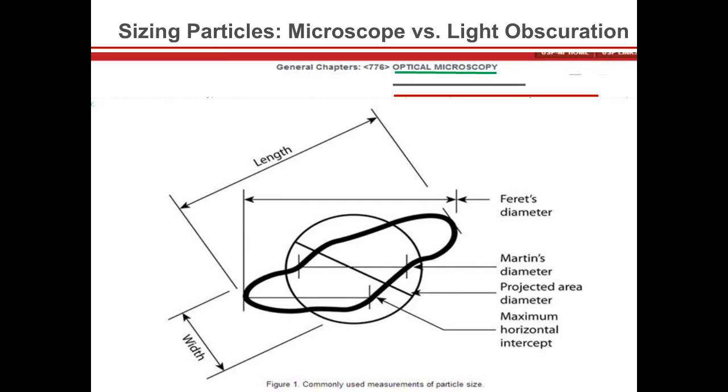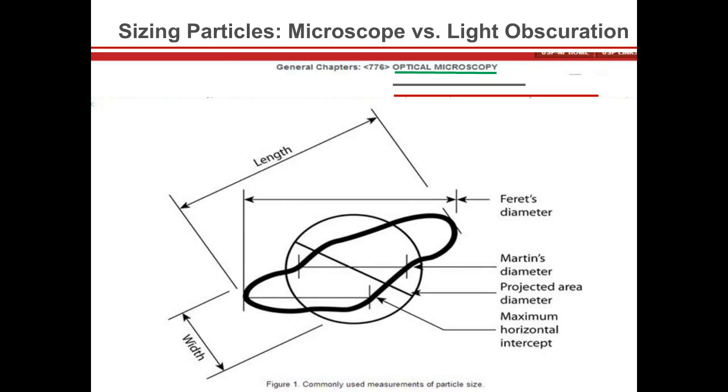So it's very important to realize that when you use these various methods, be it light microscopy or light obscuration or Coulter counter, as we're discussing a little bit later, all these will give, in a sense, slightly different variations on the size value. And this historically has been the reality, even using light microscopy for several hundred years. So it's important, when you give a statement about a method and its results, that you clearly state